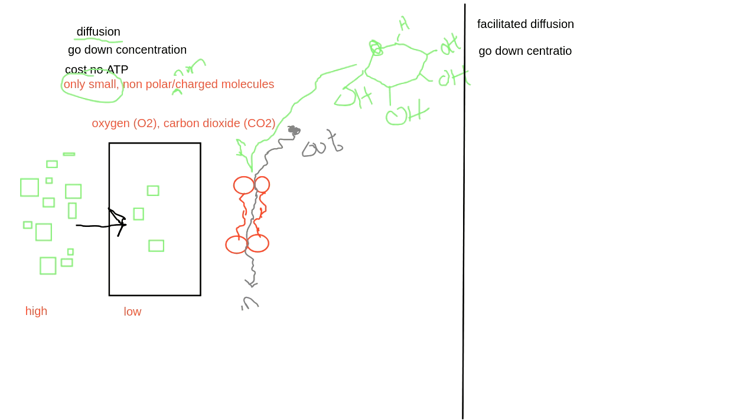Is facilitated diffusion and diffusion the same thing? So they are not, and that's what we're about to tackle. They're both passive transport, but there's small differences in the types of molecules they're going to allow. Diffusion is only going to allow little molecules across. We're still going down the concentration gradient. It's still going to be free with the goal of reaching equilibrium, but it's only going to let those baby molecules across. Facilitated diffusion is going to allow us to tackle those fat molecules, but in order to do so,